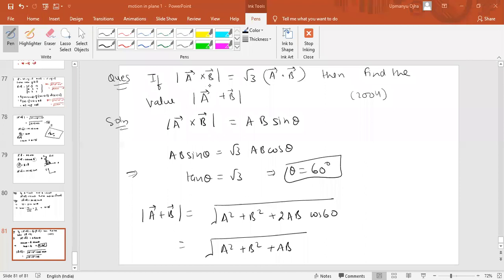Fine. So from this data, we got the angle theta between the vectors. Then mod of A plus B is square root of A square plus B square plus 2AB cos 60. Okay. Fine. Now next,